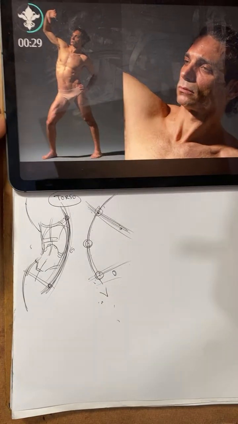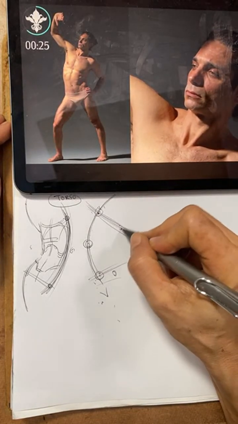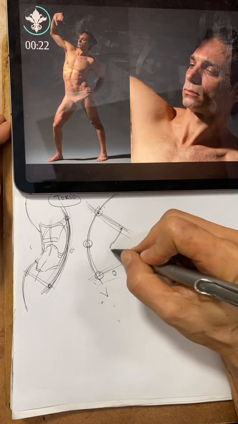Extremities. Extremities, shoulder and hip line. In this case, it is the classic